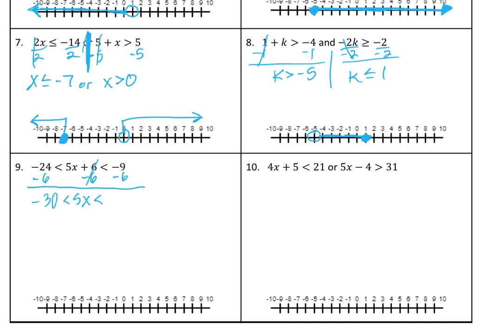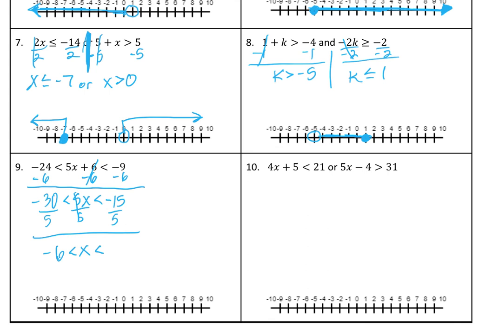And then negative 9 minus 6 is negative 15. And then we'll divide everything by 5. Negative 6 is less than x is less than, yes, sorry,